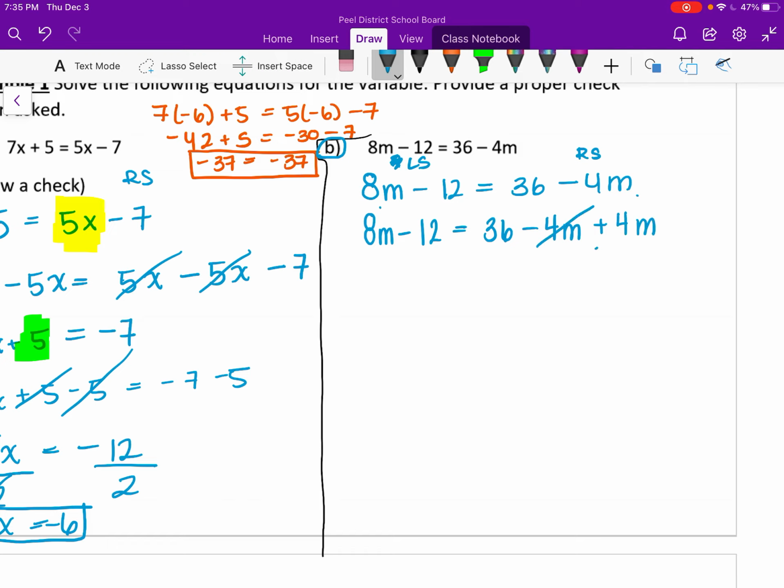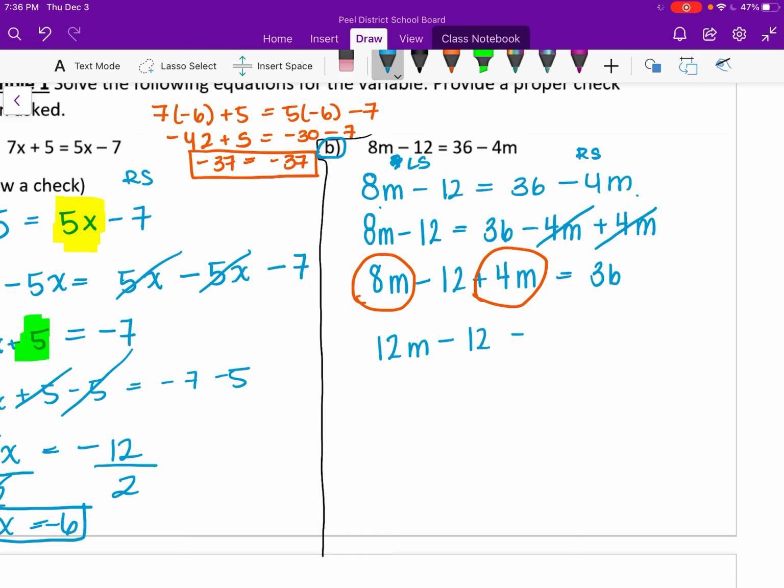So minus 4m plus 4m equals 0m, so you're just going to leave it. And then I'm going to add the 4m on this side as well, because whatever I do to that side, I have to do to this side. Equals 36. And then I'm going to collect my like terms. So I have 8m plus 4m, which is 8 plus 4 is 12m, minus 12 equals